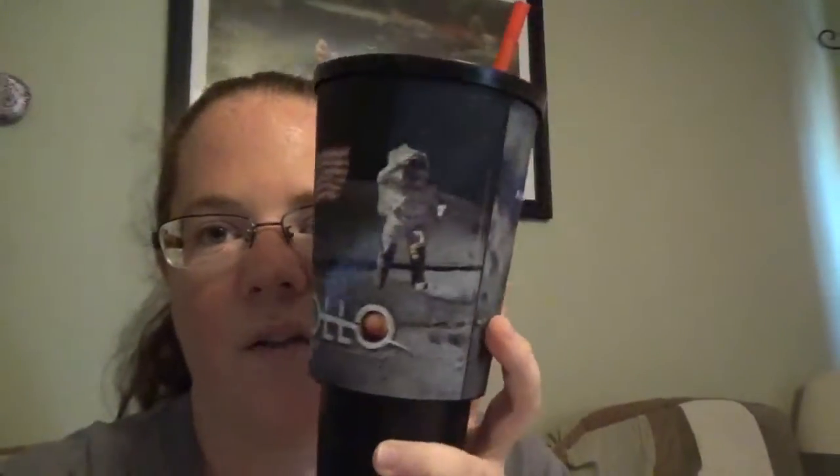So, we went to NASA on Thursday, and we ended up having a late lunch there, and John ended up buying an Apollo 50th anniversary souvenir cup. It's actually 3D, with the moon landing and all that, and it has Kennedy Space Center on there. I'm going to hand wash this, and John has plans on taking this and putting it on his desk